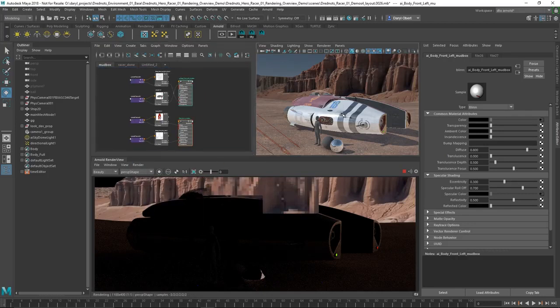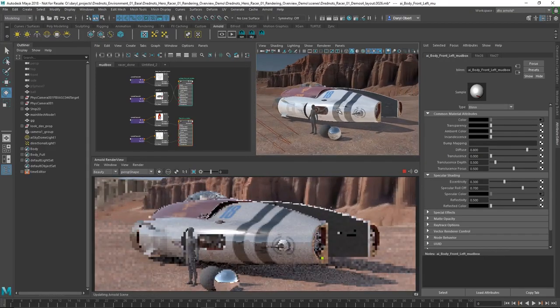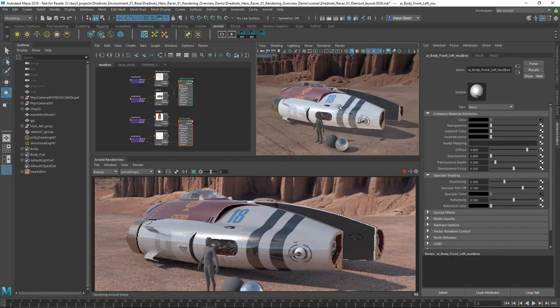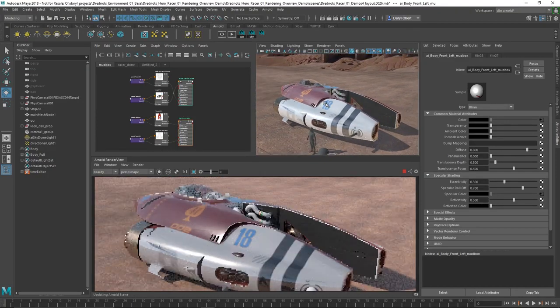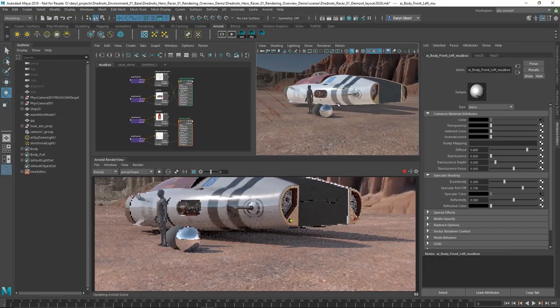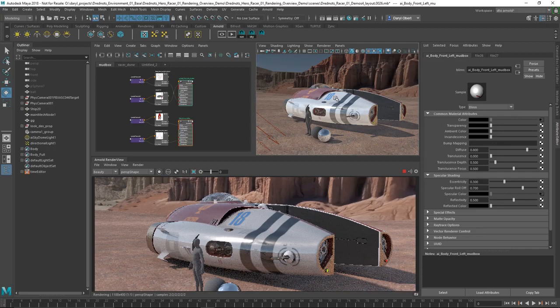With that done, you'll notice that Arnold is going to be rendering in the background as I'm working. For the rest of the demo, we're going to have Arnold constantly, progressively getting more and more refined in the background. And this is one of the things that's so impressive with Arnold 5: the speed. I mean, it's just crazy fast. The fact that I can sit here and move around my scene and actually interact with it as that renderer is running and doing this extremely high fidelity quality render is just simply amazing to me. Arnold 5,